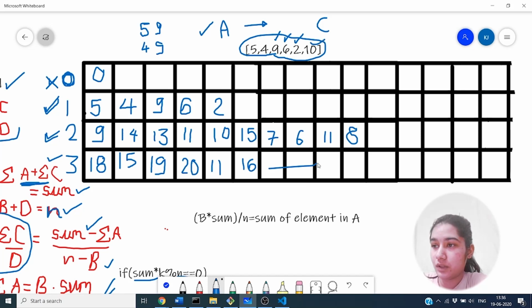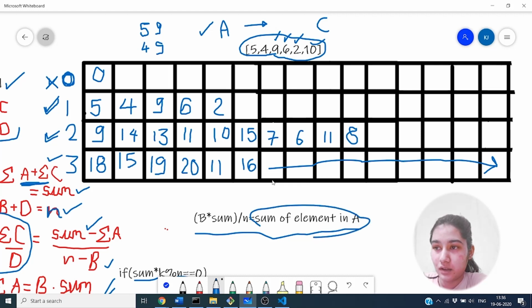Now this will go up to here. At the end, what we have to do is check if the sum of the elements in the A which we are storing in this DP table is equal to B into sum divided by n. That is, in the first condition, the number of elements in the formed array is 1.